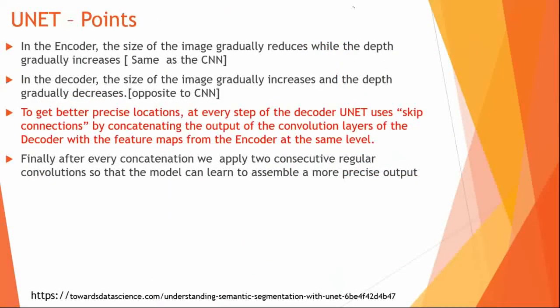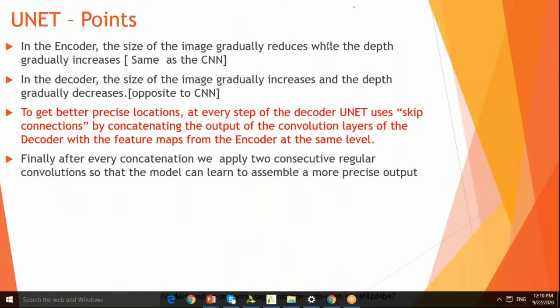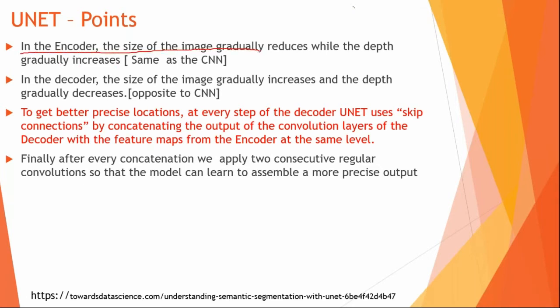So if you want to look at some of the important pointers about this, it starts like this. One is the encoder. Basically, what happens is it's the same as the CNN, which means the image resolution reduces, the number of filters improves, which means the number of features gets increased, or the depth increases, and this is very similar to your forward CNN. Whereas the decoder is opposite to the CNN. It blows up the image. The image size gradually increases as it passes through each and every layer of your decoder network.